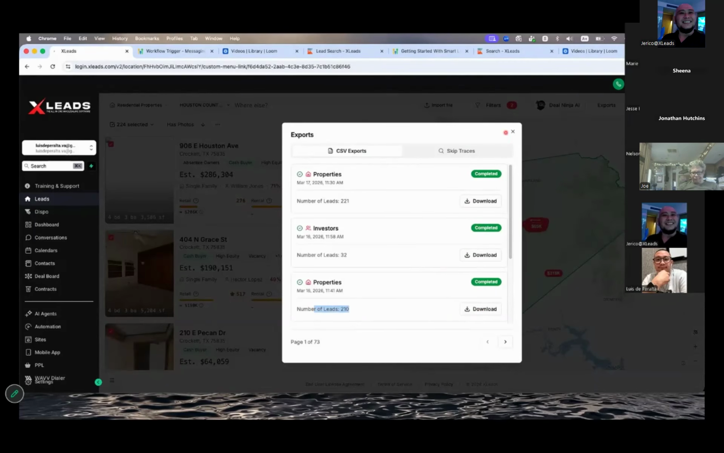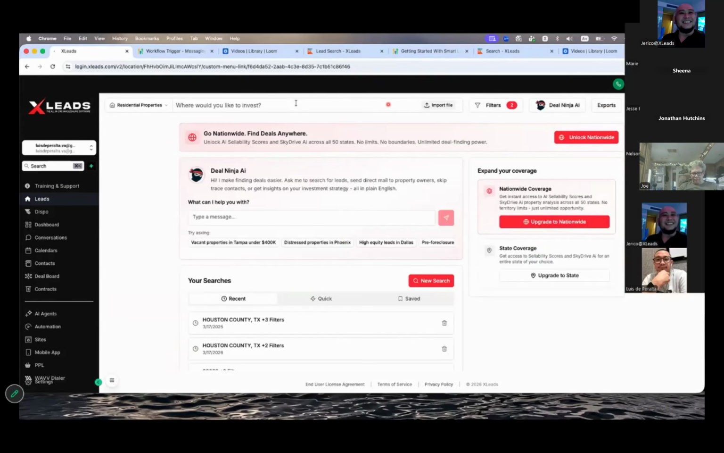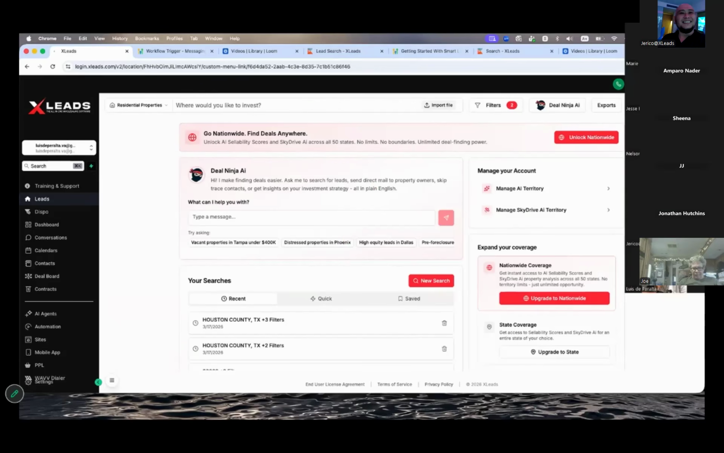Now, again, I think I have already successfully downloaded a list, but before we continue to the next step, the next feature that I would like to demonstrate to you is how to upload your own leads. Now again, if you are getting your leads from a government list or from another platform, you'll have the option to upload those property addresses by clicking on the import file here. So when you click on import file,